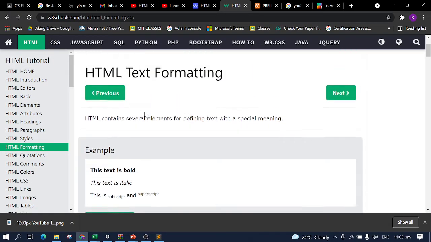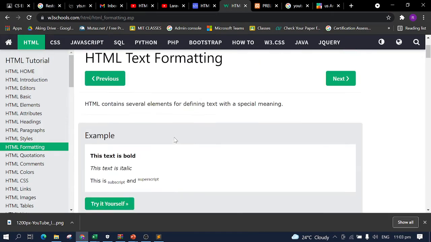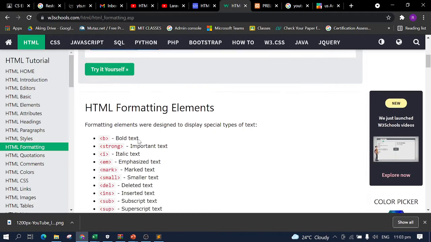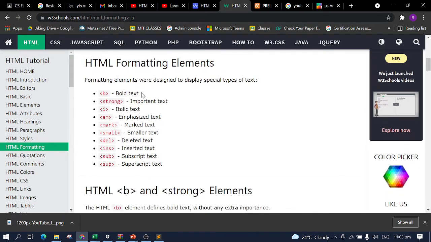Okay? So continue ta diri sa HTML formatting. So HTML contains several elements for defining text with a special meaning. So mao ni ang makita nato diri sa example. So we have these HTML formatting elements. Formatting elements were designed to display special types of text like bold. So like for example,